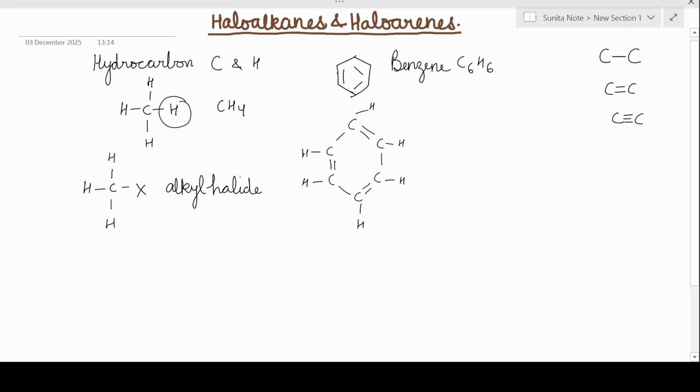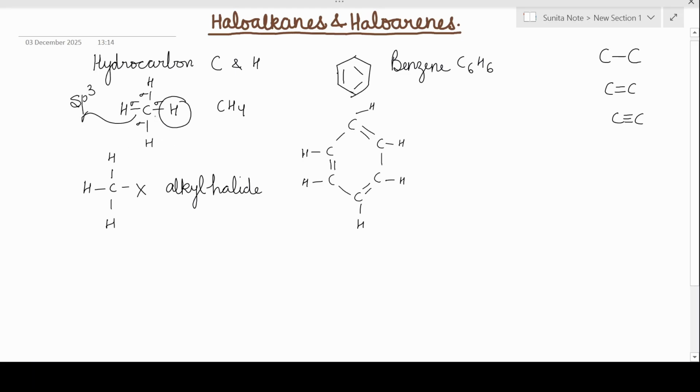So here in the alkyl halide, or here in the methane, the structure which is drawn over there, it is sigma bond, sigma bond, sigma bond, sigma bond, that is, all 4 bonds it contains are sigma bonds. A carbon atom containing 4 sigma bonds, or associated to other atoms through 4 sigma bonds, is an sp3 hybridized carbon.